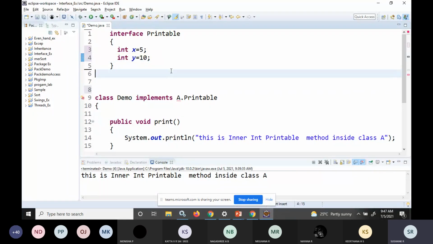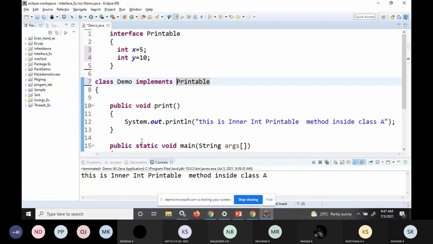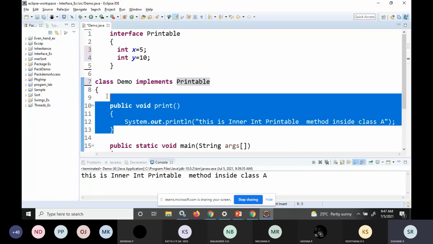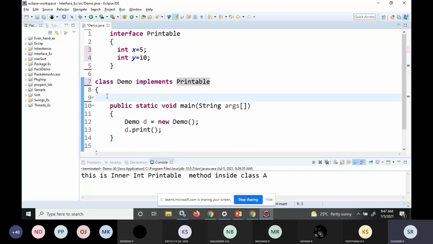After that I'll just write it as PrintableDemo d. So now you can make use of this function. Now you can make use of these constants and you can print them. That's also what we are implementing, right?